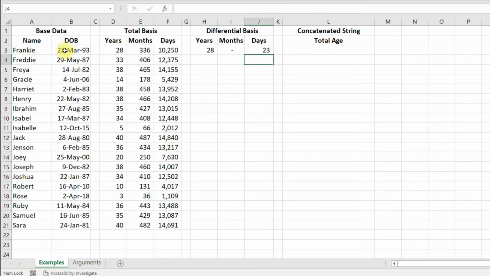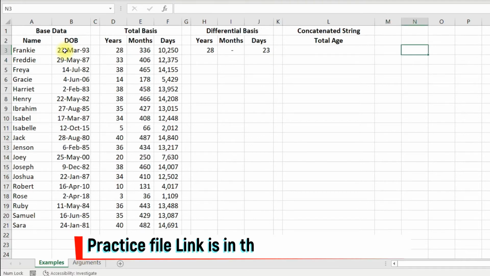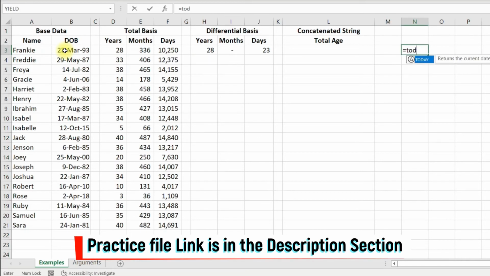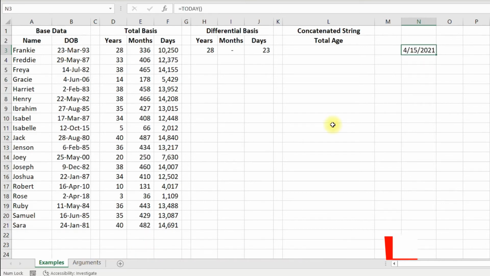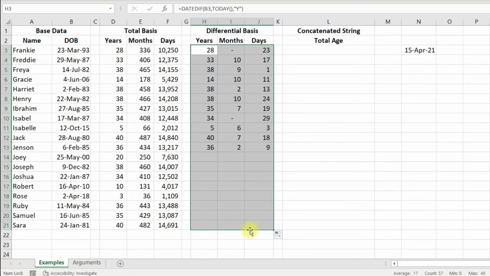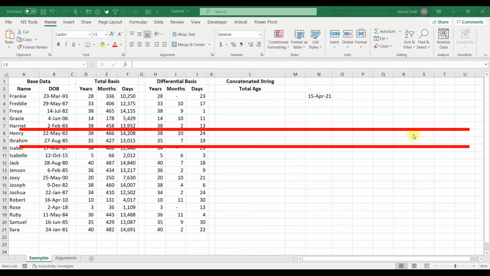Here you can see the differential days has been calculated as 23. If I put today's date equal to TODAY, I am getting 15th of April as today's date. And if you calculate the difference between 15th of April and 23rd of March, you will get 28 years, 0 months and 23 days. Now drag the formula and you are done.